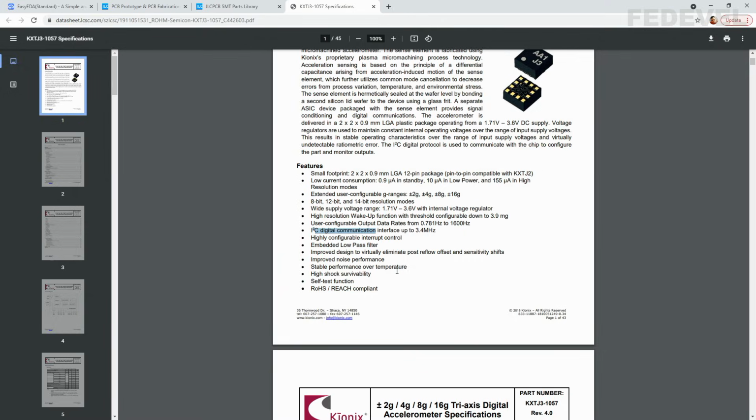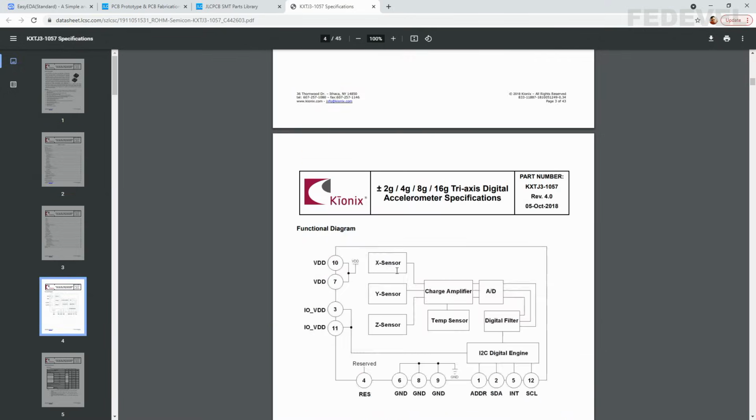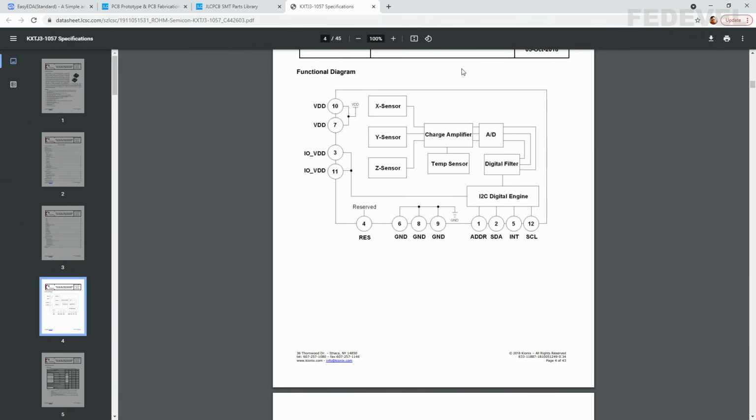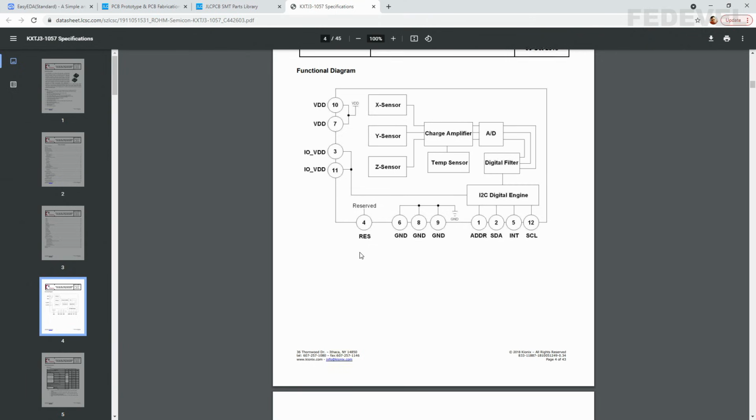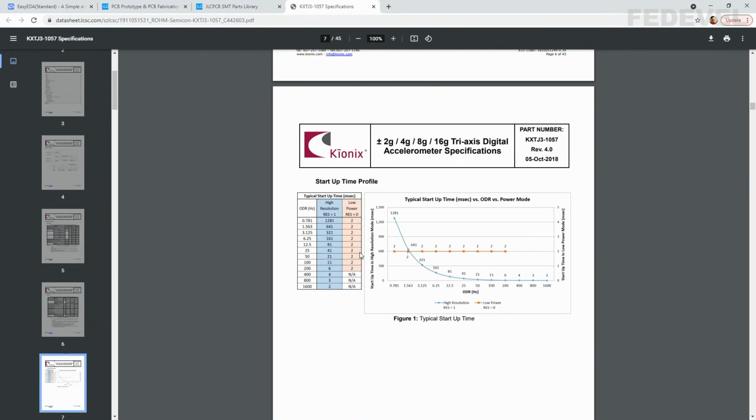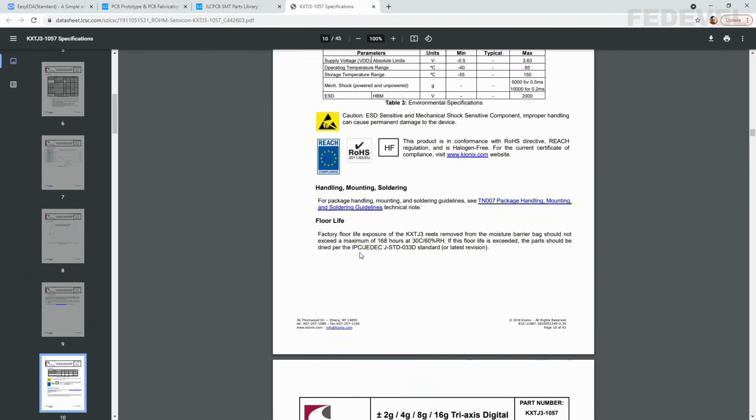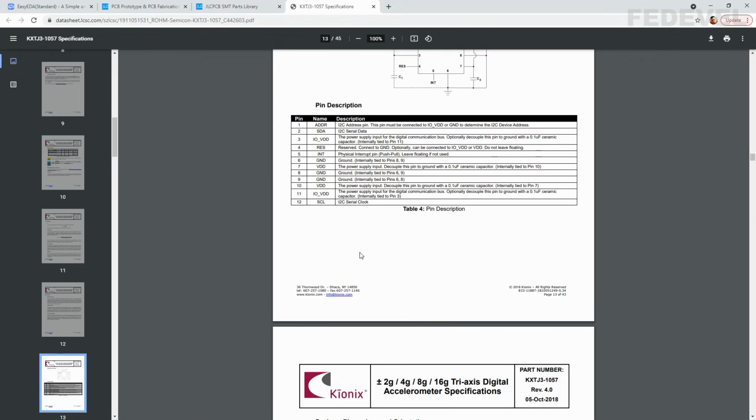I need to search for this information, so I'm going to scroll down a little bit. This is the sensor, some powers, some other pins. The best will be to just find the table with the pin description. It is here. You can see, okay, so this is the address pin. This is just to connect to ground or power. I2C serial data. Power, this just needs to be connected to ground.